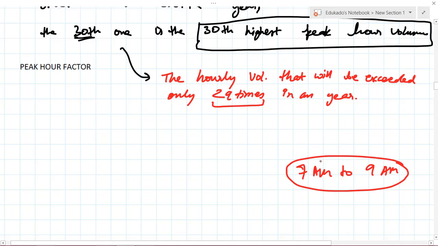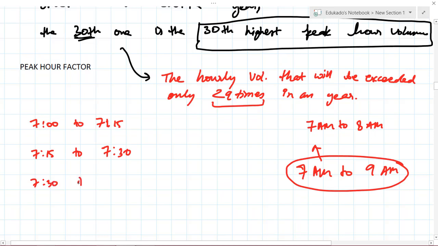Now let's talk about what if I dig inside even an hour, just from 7 a.m. to 8 a.m. Let's break it into sections: 7 a.m. to 7:15, then 7:15 to 7:30, and then 7:30 to 7:45,